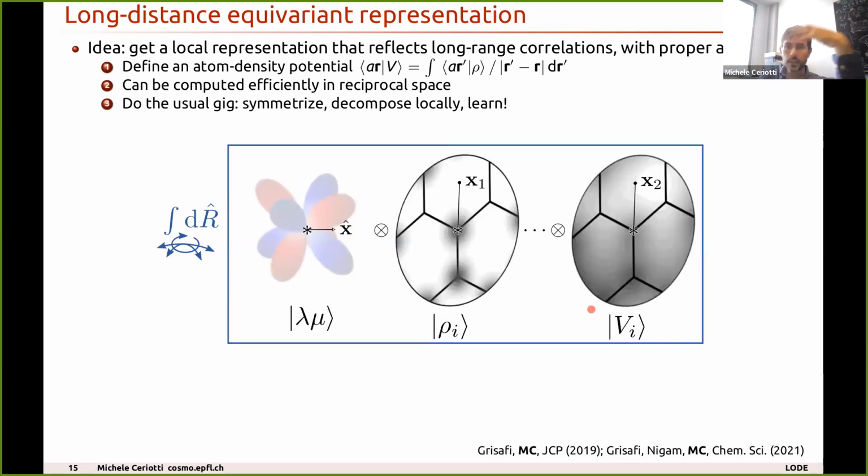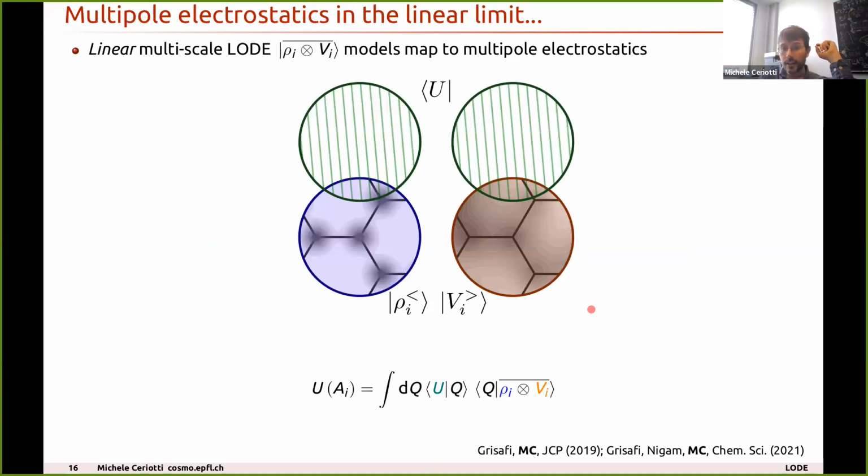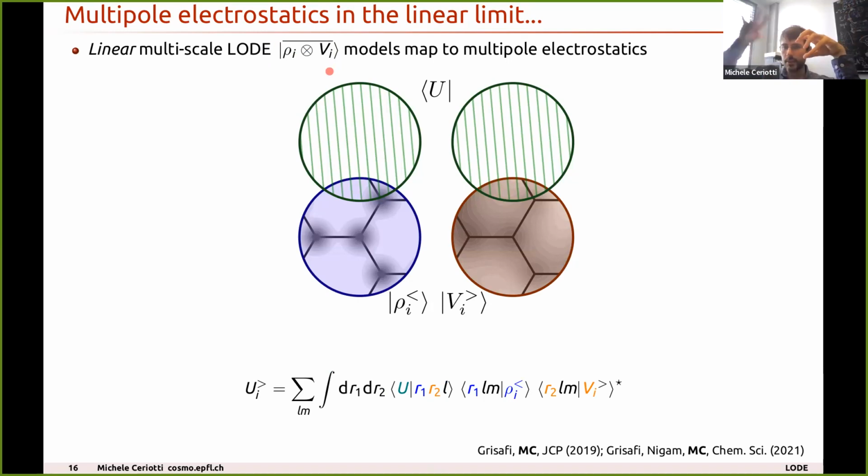And then we can compute correlation functions of this potential with the local density. In particular, something which is very nice is that if you take the symmetrized correlation between the density and the electrostatic potential generated by the density, I don't think that I have the time to go through the whole details of the derivation, but you can look it up. Basically, you can find that formally these descriptors that you obtain by correlating the density and the fictitious potential built on the density